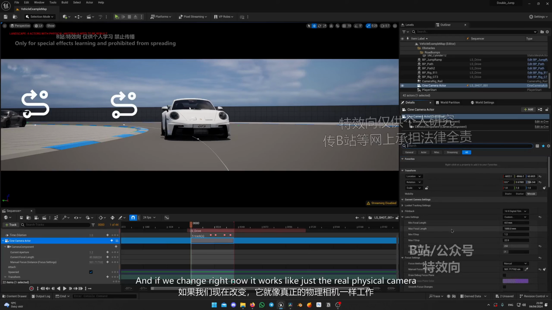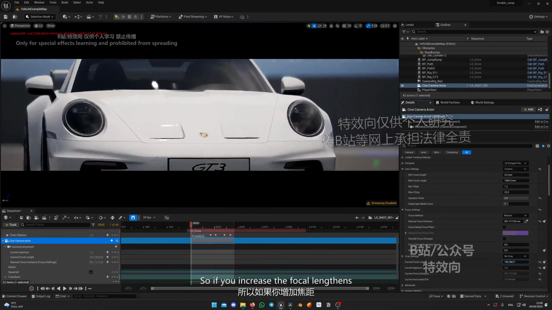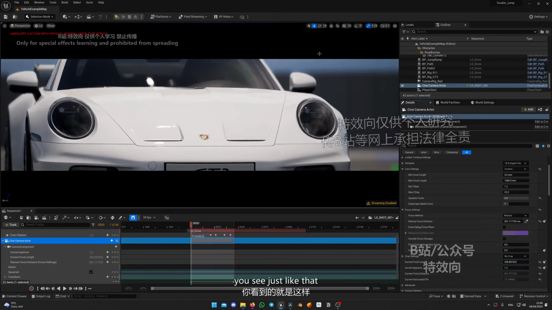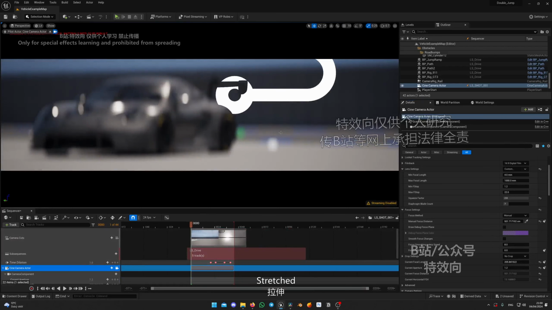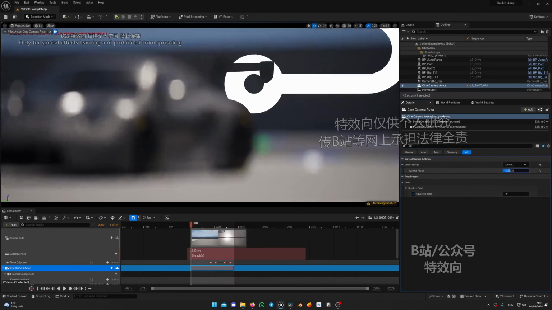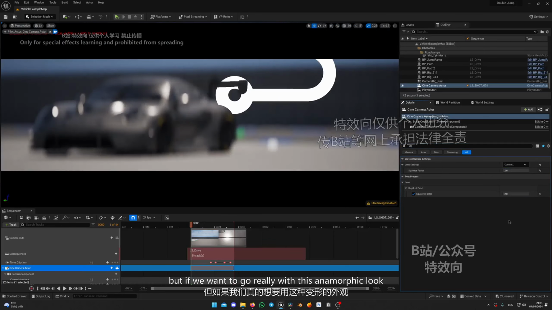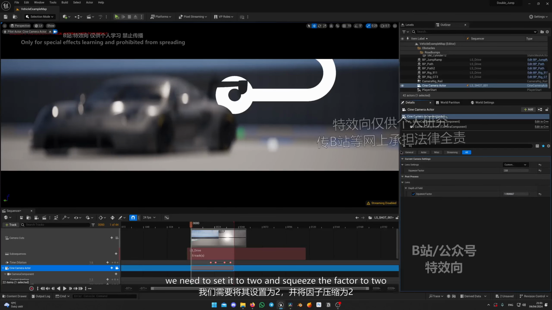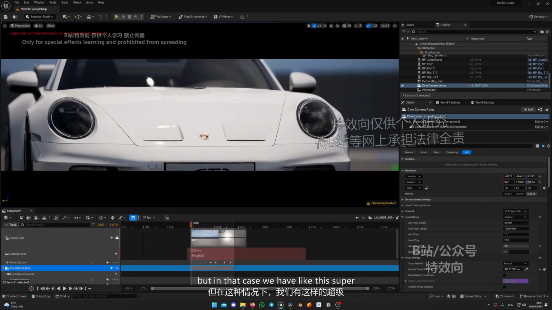And if we change right now, it works just like the real physical camera. So if you increase the focal length, you'll see just like that the bokeh is actually stretched. So if I go to squeeze and reduce the squeeze factor to 1, we will get the round bokeh. But if we want to go really with this anamorphic look, we need to set the squeeze factor to 2. But in that case, we have